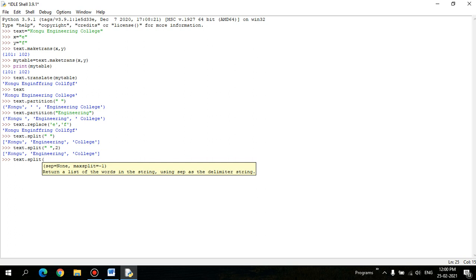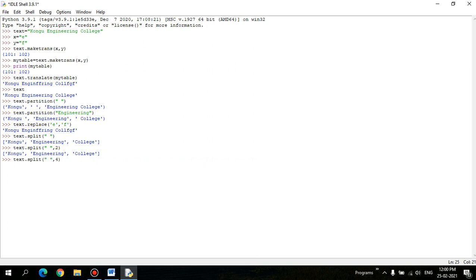Okay, fine. Does it accept? Yes. I'm going to separate it with space, and I want to have 4 splits. It returns the same.